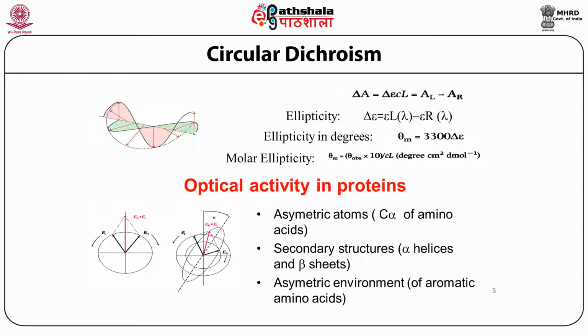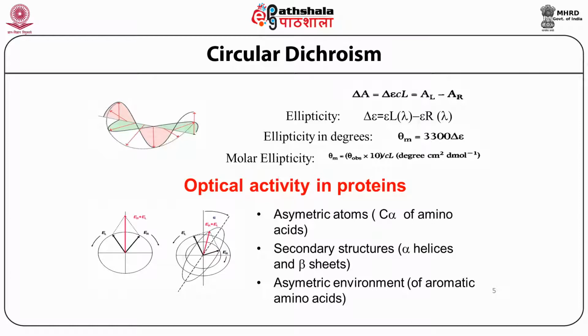You can see here on the left side the two polarized lights, left circularly polarized and right circularly polarized light. When they encounter the molecule, it gives a signal in the form of CD, and that actually produces differences in the absorption of the left circularly polarized light and the right circularly polarized light. This can be derived as delta A equals delta epsilon CL, that is equal to the absorption of the left circularly polarized light